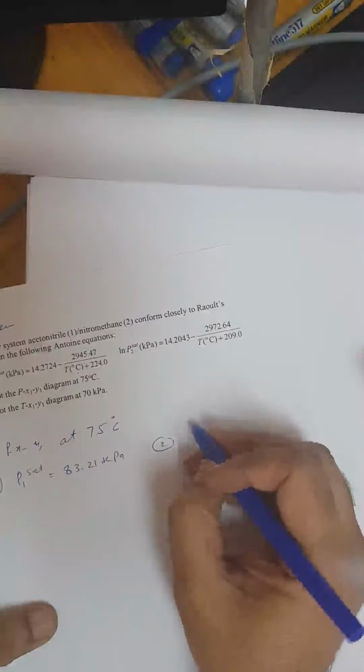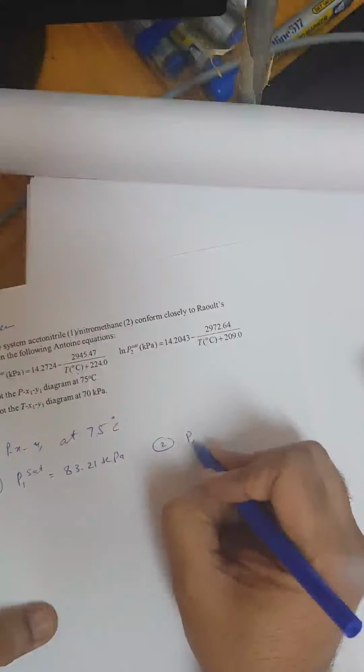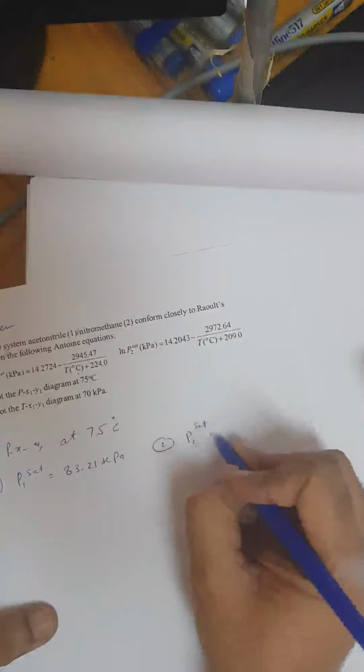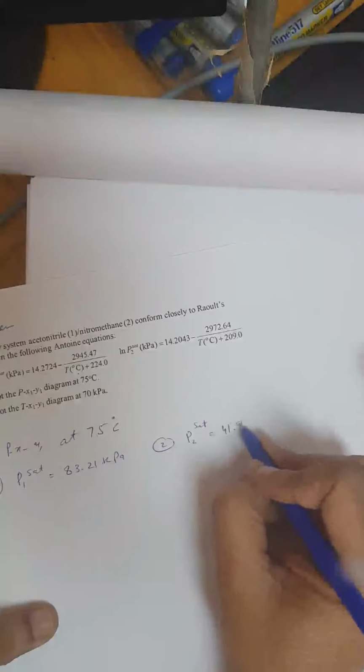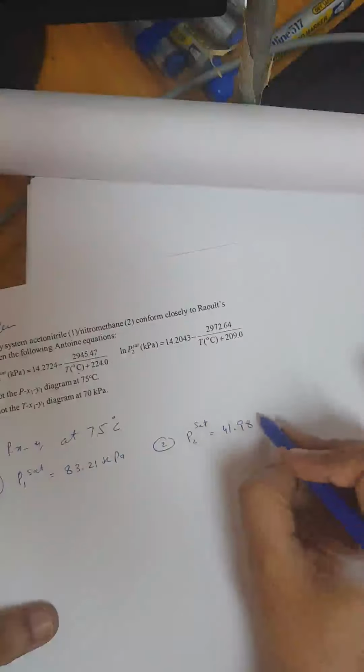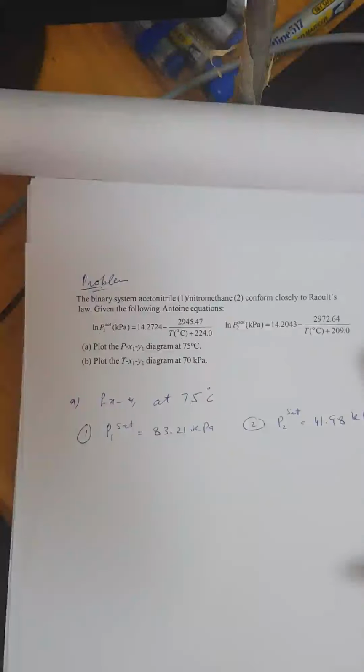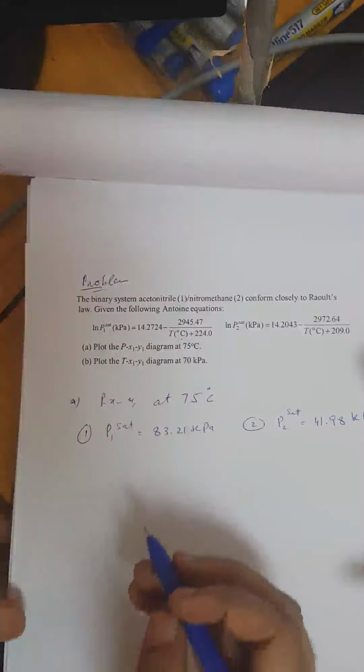Second step, you need to plug in this temperature over here. This will give you P2 set. It comes out to be 41.98 kilopascal. So we have two pressures. Then we need to find,